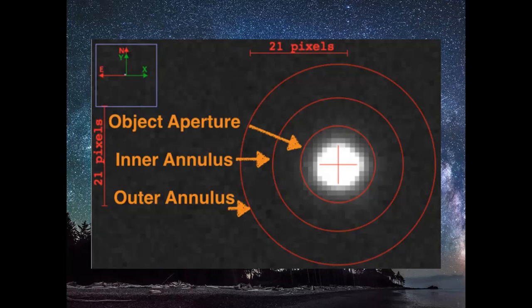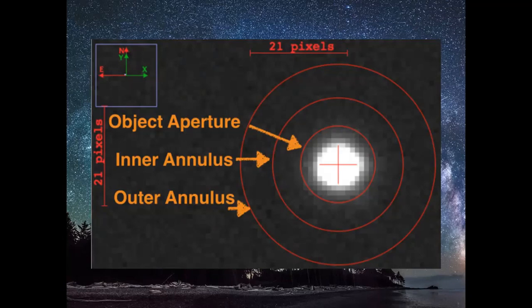Now basically the area of this inner circle will give you the total number of pixels falling in that object, which is nothing but your aperture count. And the area of this annulus, that is the area of the outer circle minus the area of the inner circle, will be the area of the ring formed due to sky. So the area of this particular ring will give you the sky contribution.